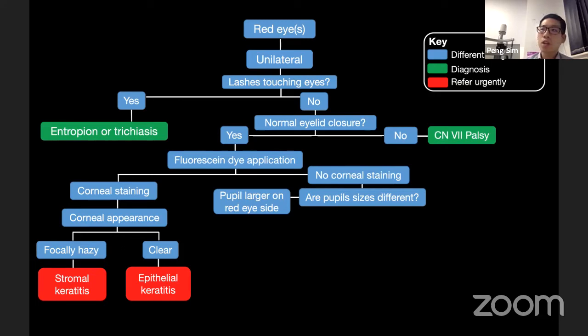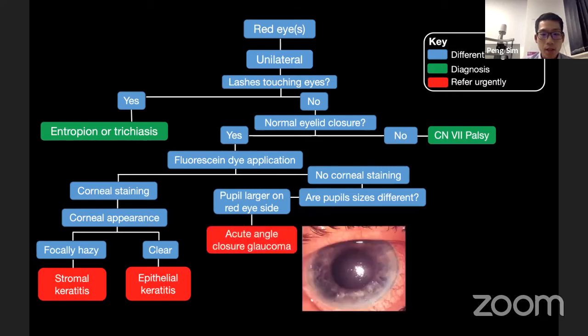Myasthenia is a complex condition actually. Normally it doesn't affect, strangely enough, even though it affects the neuromuscular junction and muscles, it doesn't actually affect the pupils, the iris themselves. So the condition here is, I'm just showing you things that you shouldn't miss in A&E or in GP, that if the pupil is bigger, then you must always think of acute angle closure glaucoma, which is